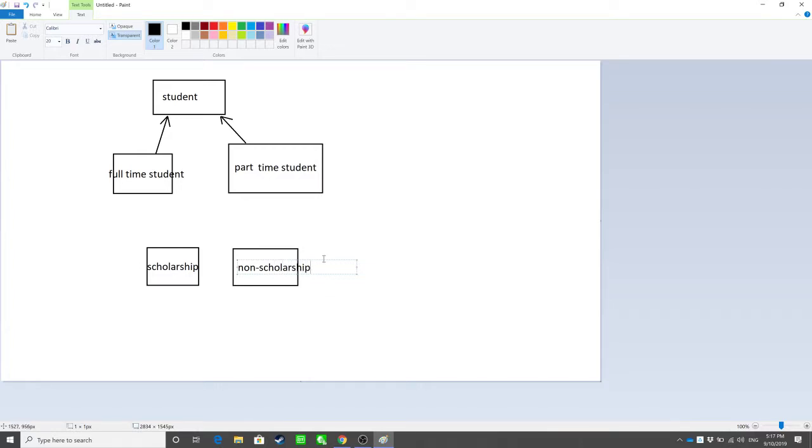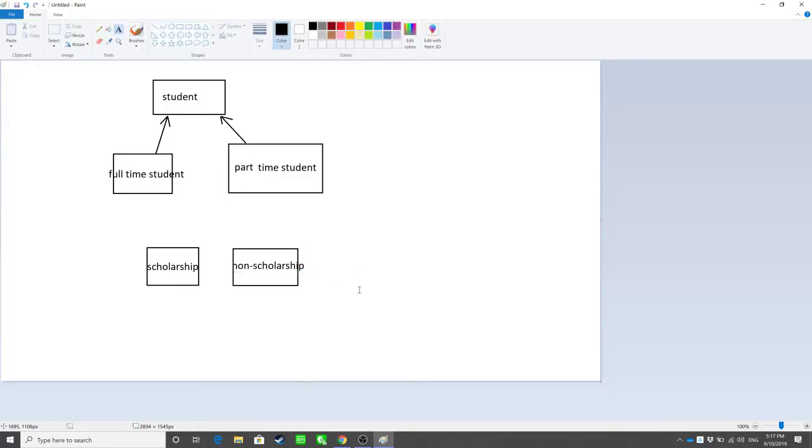Non-scholarship, okay. Yeah, these two features. So we want to make a modification to the system, and we have these two features. Is there any other, better design than just putting them in the student? Because if you put them in student,